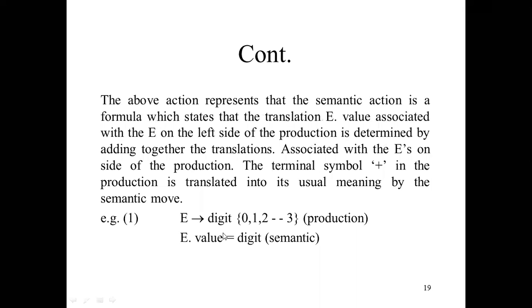Now again, in the case of numerals, suppose we have any value, we can also represent this. This is also a production. E can be represented as a digit: 0, 1, 2, 3 and so on. This is called the production. If it is given in the expression form in this way, then this is called the production form. Now we write the semantic form. Whenever we write the semantic form, we write E.val here, and we change this arrow by an equal sign. So we can write here digit, any digit maybe. This is called the semantic action.